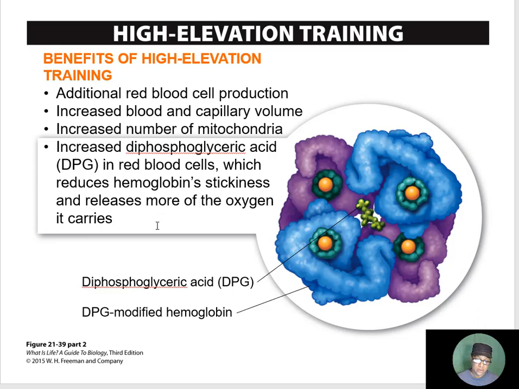Remember, I told you that when it gets to the tissues, it's kind of looking at that oxygen concentration gradient, and it may only release one molecule of oxygen. Well, we want it to release more to the tissues, and so training at higher elevations will actually increase this DPG so that it will have a greater propensity to do that. All right, so